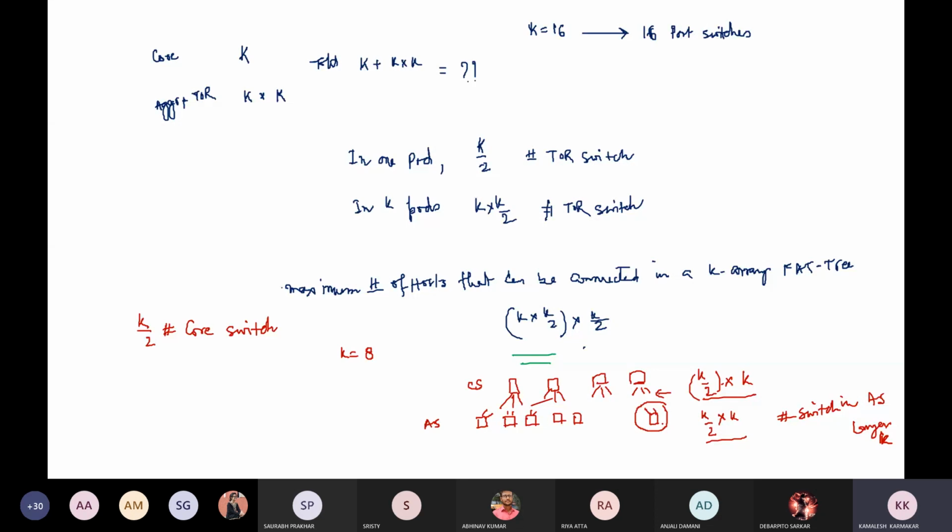So if we use k-port switches for designing a VL2 network topology, this is for VL2, and this is for fat-tree. The number of switches in the aggregation switch layer is k. This is the value.